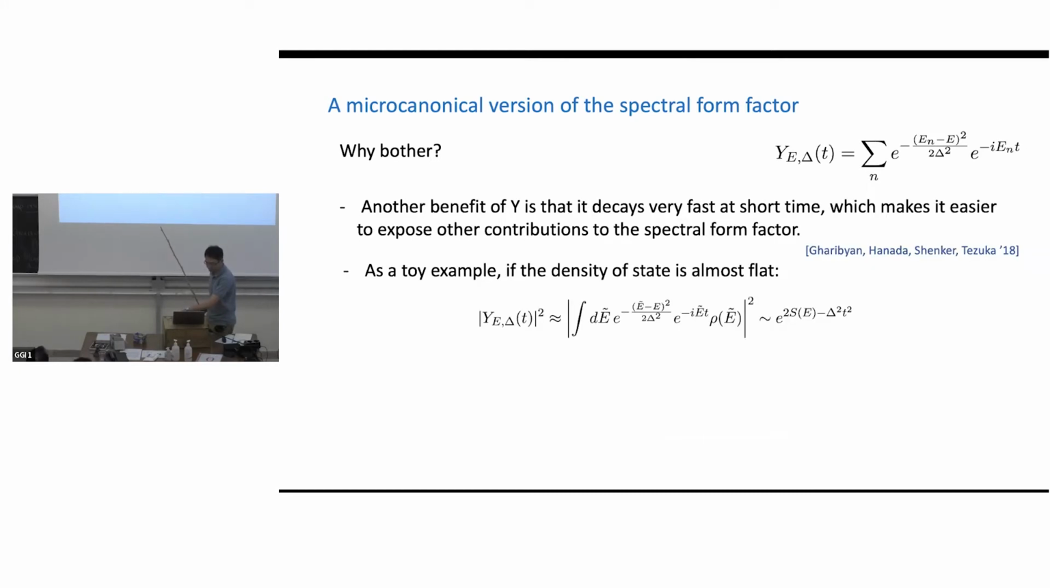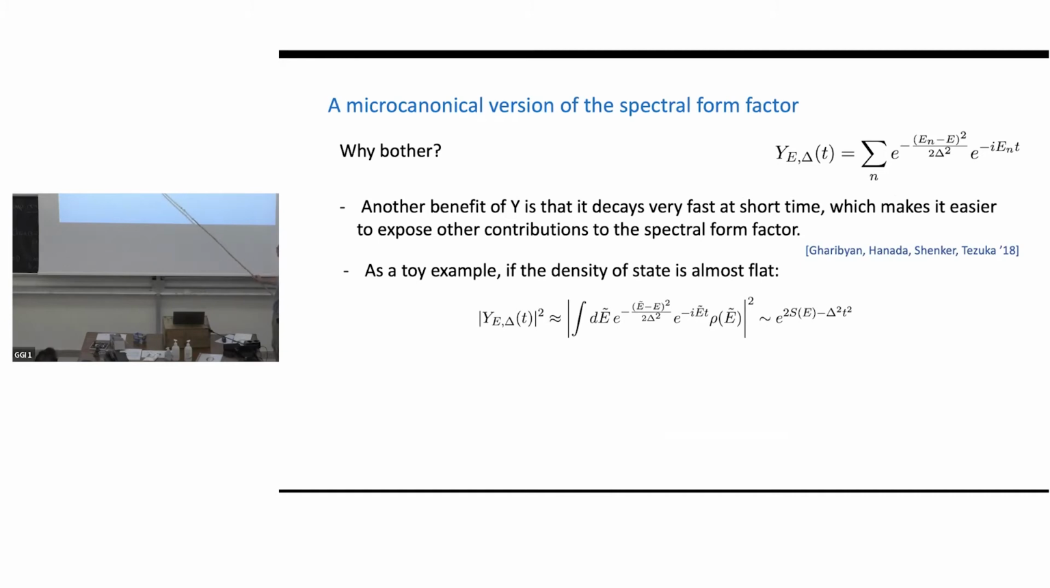Okay, so there is actually another benefit of considering this Y quantity rather than the Z quantity, which is that this Y quantity decays relatively fast at short time. So it makes it much easier to expose other possible contributions to the spectral form factor. So how do we see that it decays very fast? So as a toy example here,